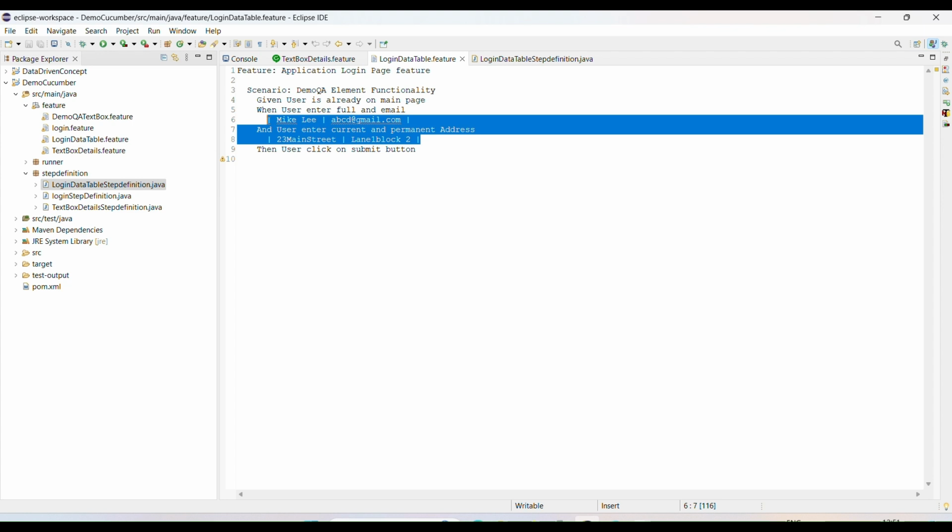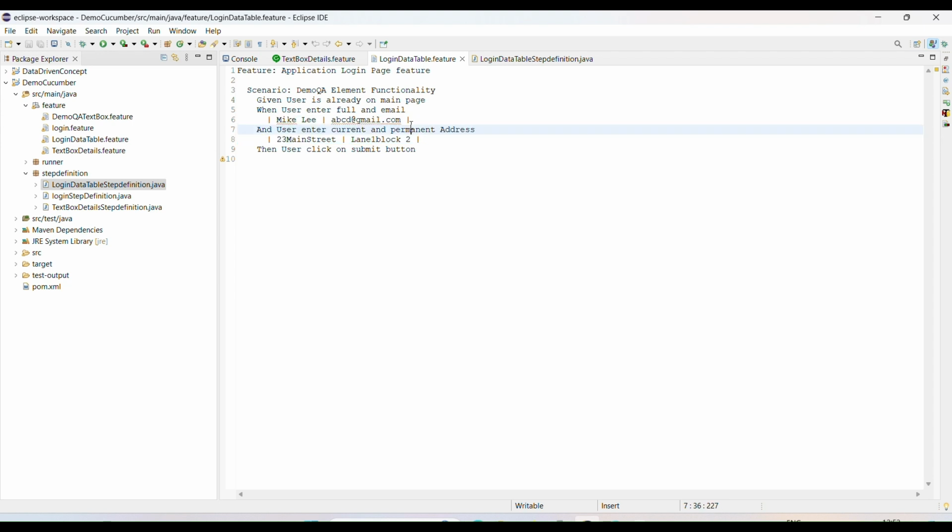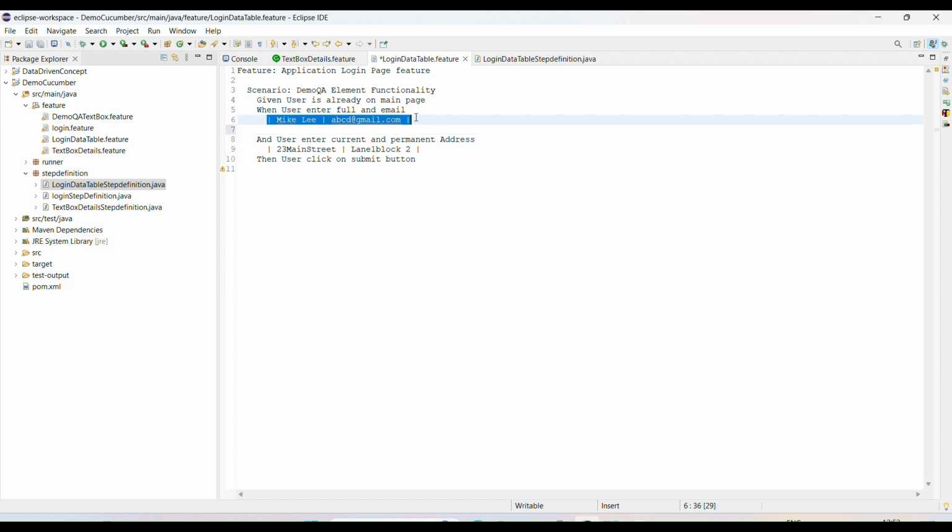But if you want to check an application with multiple data, and you enter the data like this and then enter other data again, this will confuse other people and you too, because you will not understand which data is entered in which way.